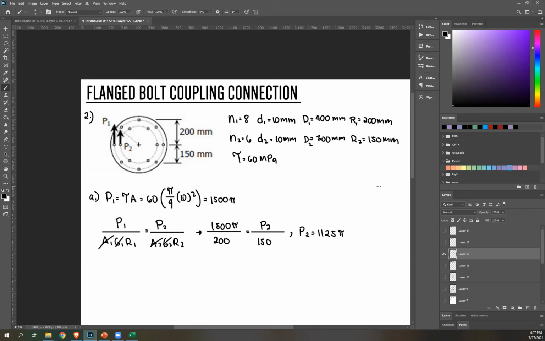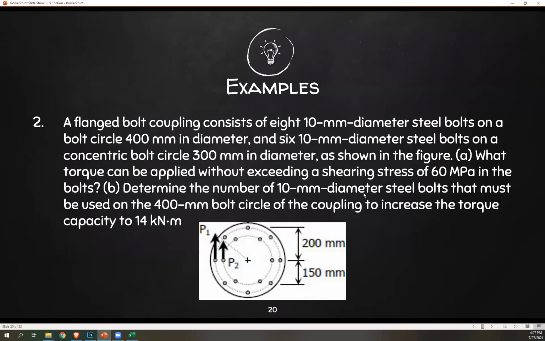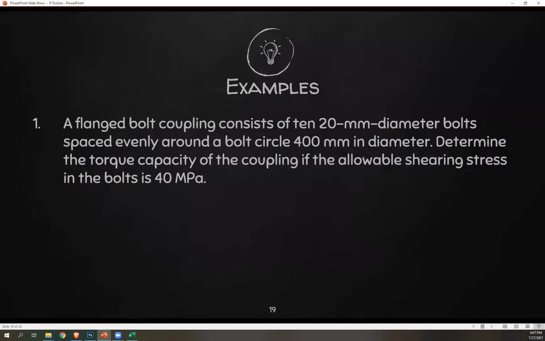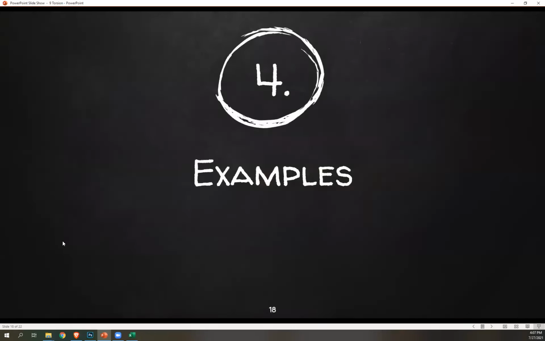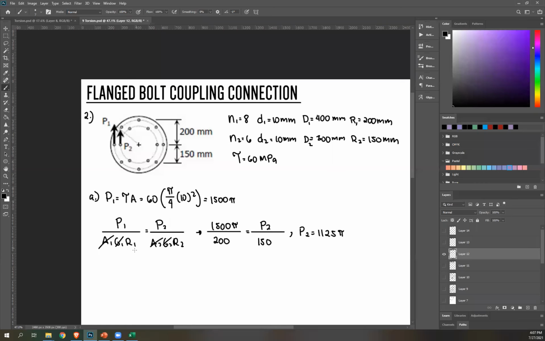Okay, now we have P1 and P2. Let's refresh ourselves. What are we looking for? Maximum torque that we can apply. So we have two concentric rows. Maximum torque would be the summation. Maximum torque is the same as torque capacity, so it's just the summation of PRN. Okay, so let's do that. So torque capacity or torque